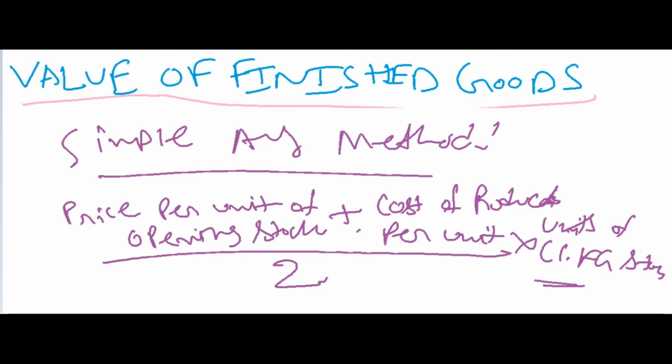This sometimes comes, but the important one is the weighted average method, and after that FIFO is also important. So these are the various methods to ascertain the finished goods value. After that we have to add to the cost of production the opening value of the finished goods, less the closing value of the finished goods. So this is the closing value of the finished goods which we